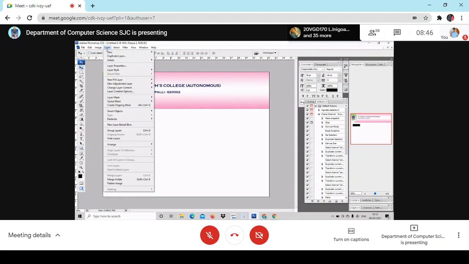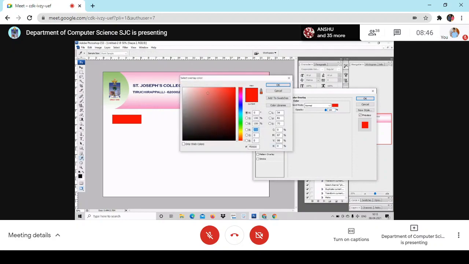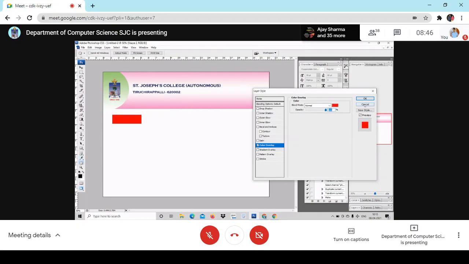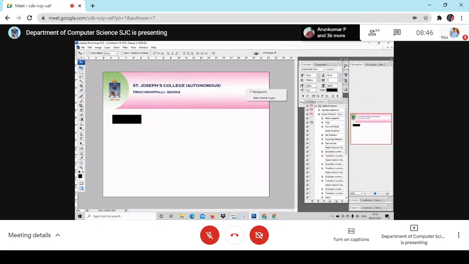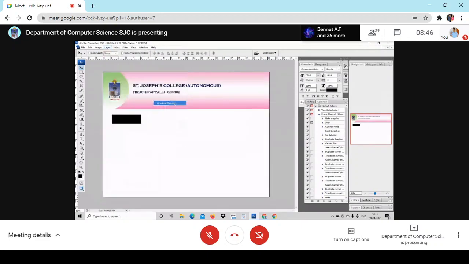See, I have given it. I want to have the same, maybe some model. For example, I go to layer, layer style, color overlay. What color can we give? Maybe a light color, or maybe the same color is better. Or else we can even go for the same type. I choose this layer, layer style, gradient overlay.